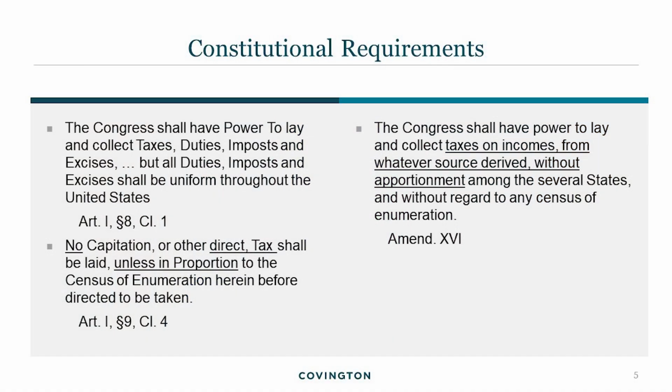What can Congress tax? In Article 1, Clause 8 and Clause 9, that is Congress's original taxing power. And those powers are broken up into the power to impose direct taxes and to impose indirect taxes. And Clause 8 of Article 1 says that Congress shall have the power to lay and collect taxes, duties, imposts, and excises, but they should all be uniform throughout the United States. So those are what are considered indirect taxes, and as long as they are uniformly applied, Congress has the authority under the Constitution to impose tax.